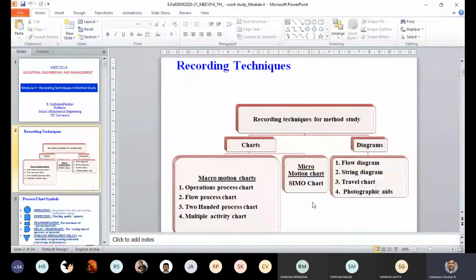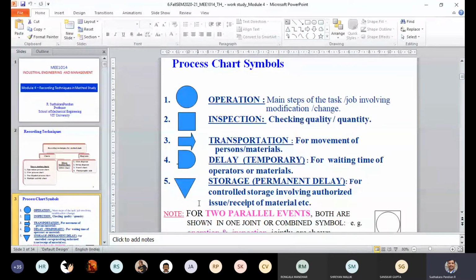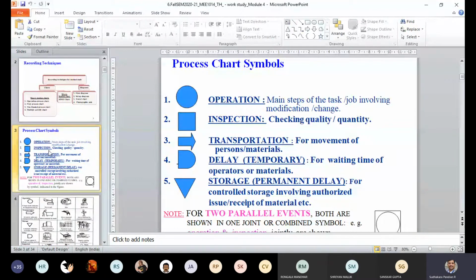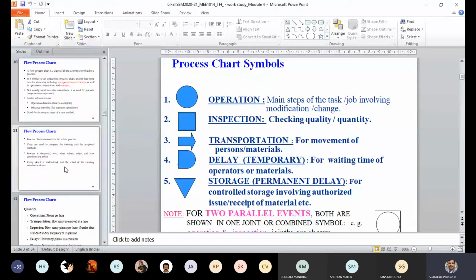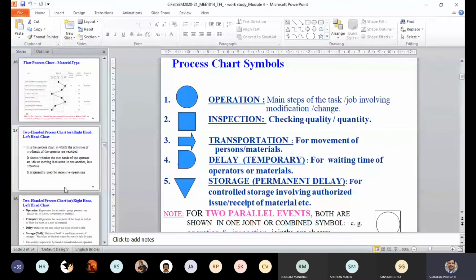So these are under charting techniques, whereas there are other diagrams for method study like flow diagram, string diagram, travel chart, and photographic aids. And these are the major symbols we would use for the operations chart as well as the flow process chart. Last class we did some exercise in using these symbols. So this class we will move on to the next charting technique,